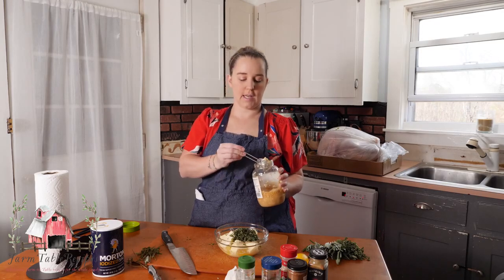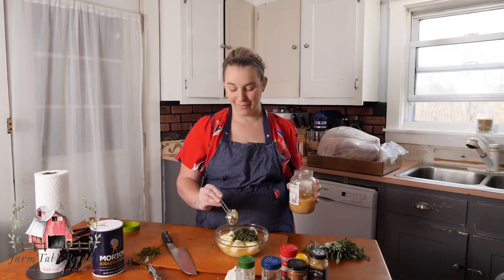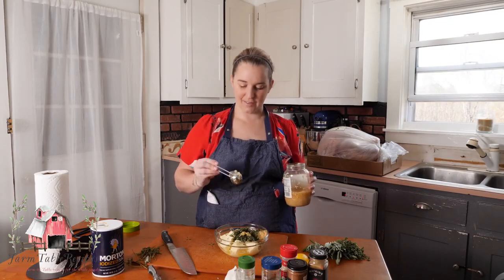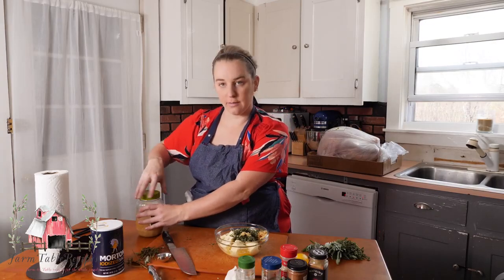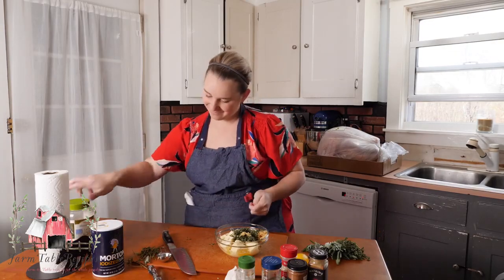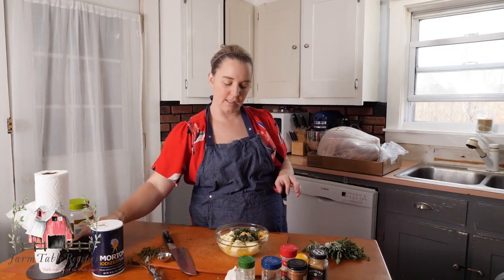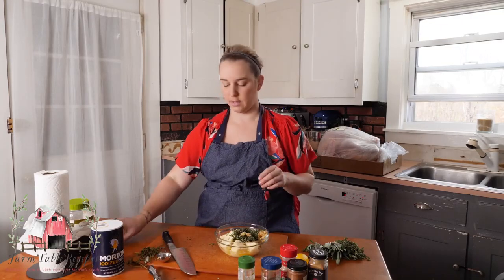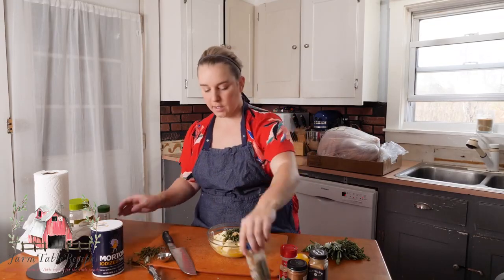And I am using a heaping tablespoon, so more like a tablespoon and a half of minced garlic. You don't measure garlic, that's something you put in with your heart. Right, isn't that what the memes are saying these days? I totally agree. Whatever they're saying, I totally agree. So we've got about a tablespoon and a half of minced garlic now in there. I'm going to put the other garlic to the side. And then we are going to do